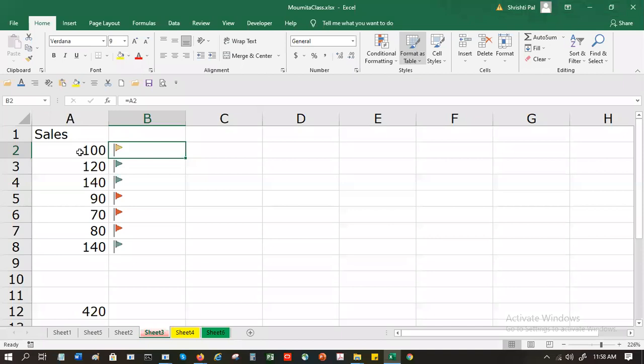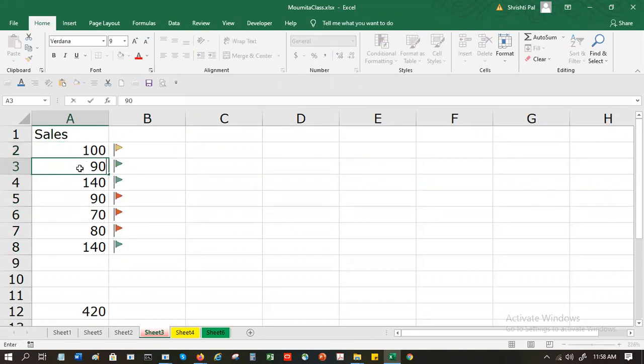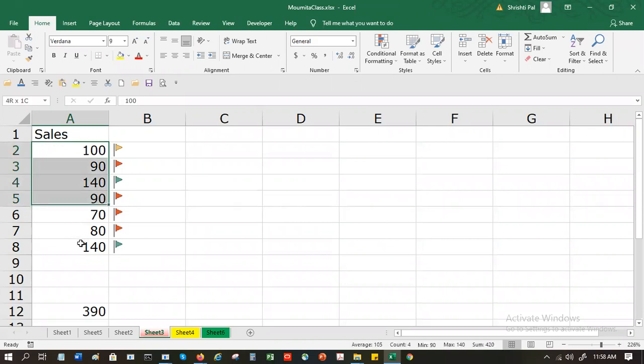I put in the sales numbers and I put a status next to each other, which feeds from here. So if I change this number to 90, the flag will also change because the source is from A3. If I just copy paste this, it won't work.